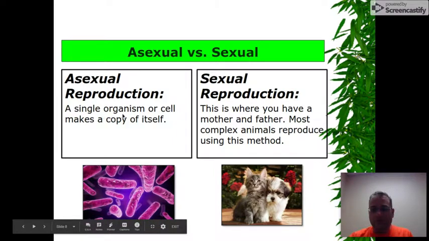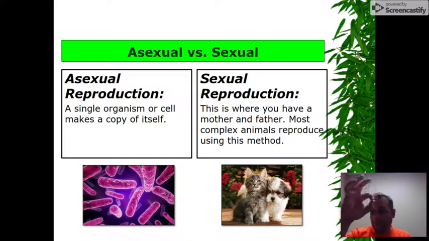A single-celled organism makes a copy of itself. Basically, think of it as I have a cell. It doubles the amount of material it has, and then it splits apart. Now I have 2, identical copies of the original cell. One's the original cell, one's the duplicate. These organisms have found that it's just a lot easier and a lot faster to do it that way.